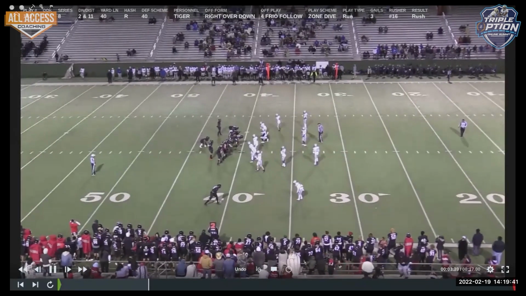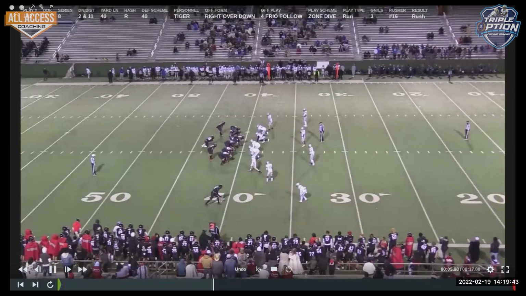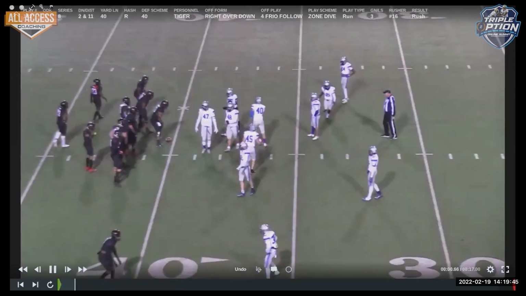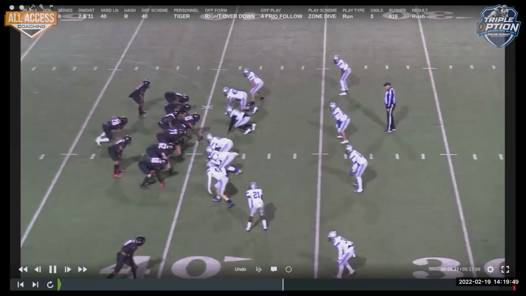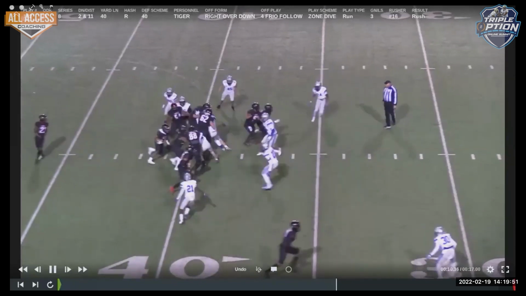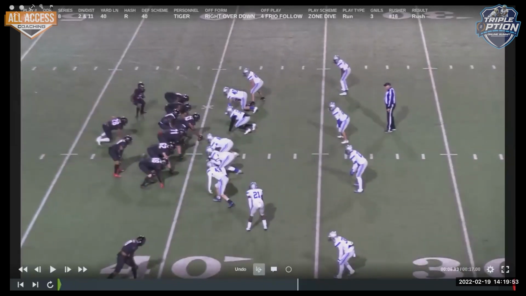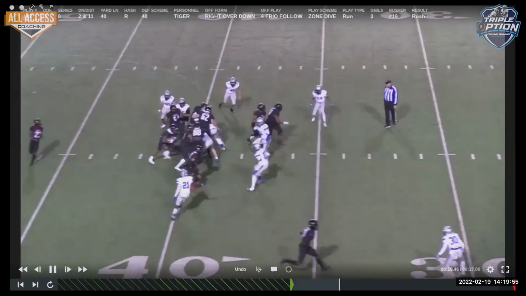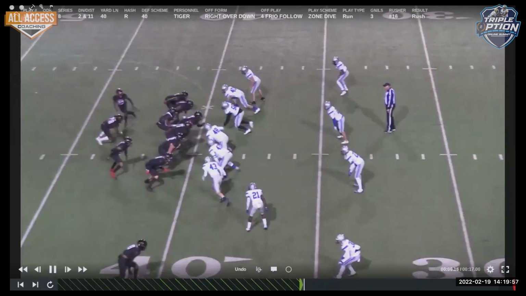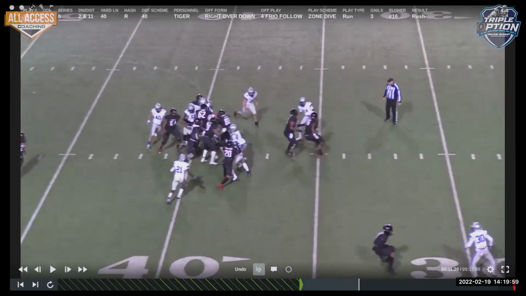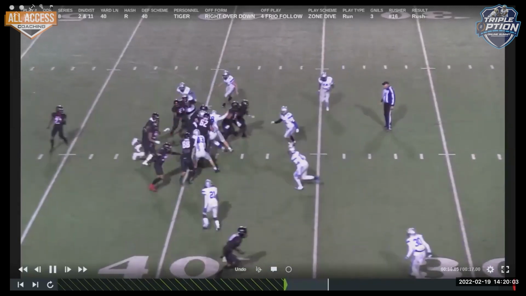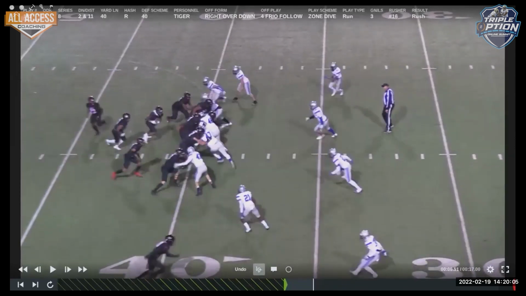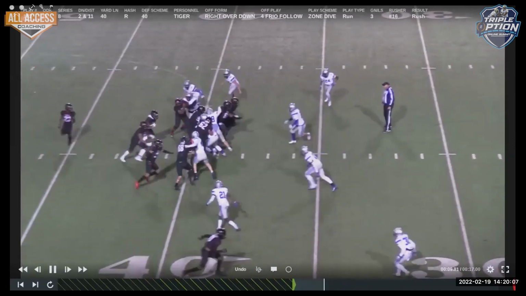Now, here's another tight end set. He's to the right. We're going to run it to the right, to the tight end side. Tight end takes his guy down. The B-back doesn't do a really good job of reading this. He could have slid outside the tight end and come up on the safety. You see the slot, he's kind of in between. He doesn't know whether he should go up to the safety or out to this number 21,